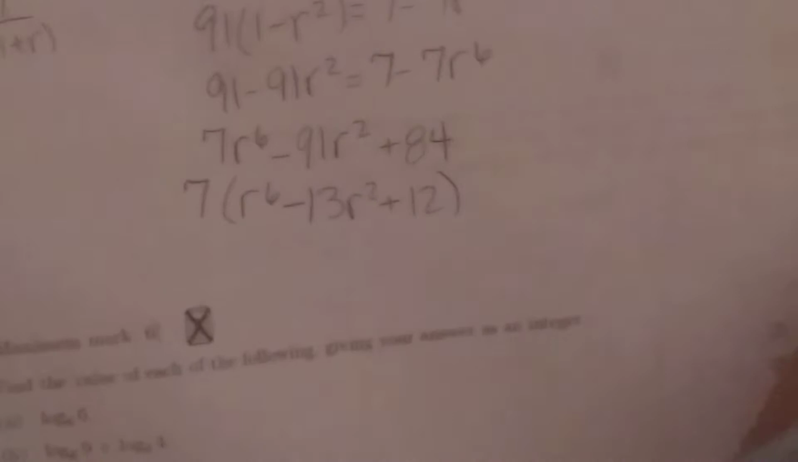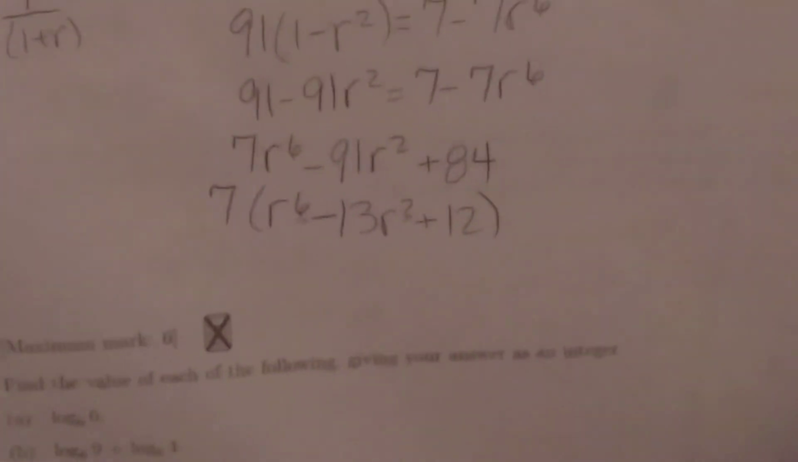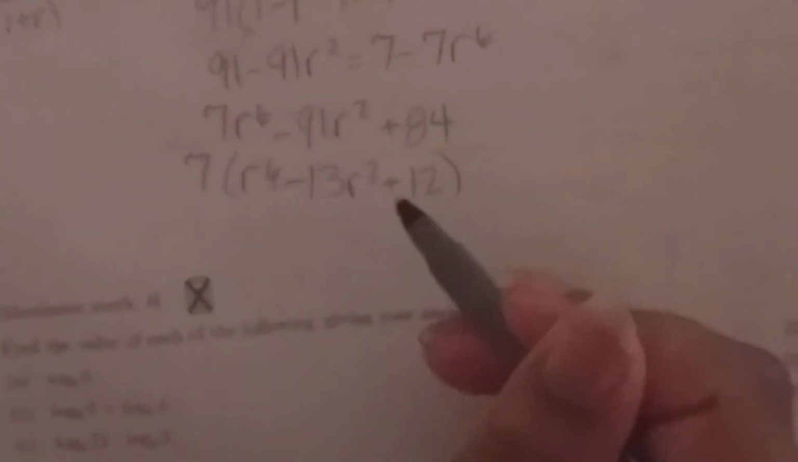So naturally, when you factor, you want to factor, but you notice this is 6 and this is 2. So we're just going to go ahead. They want us to show that r squared equals 3. So I'm going to show that r squared is equal to 3 by showing that r squared minus 3 is a legit factor of r to the power of 6 minus 13r squared plus 12. So I do that